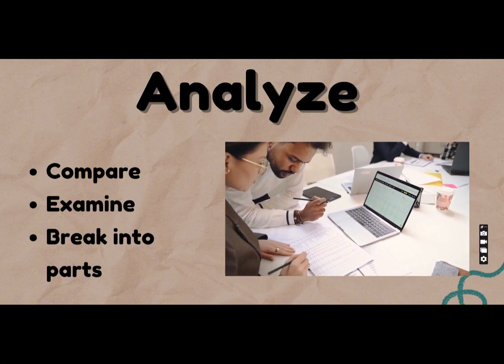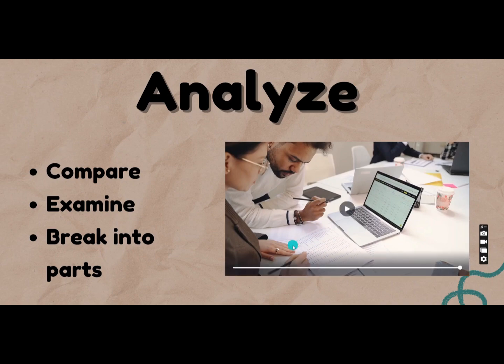So in analyzing, there exists comprehension and critical thinking. By that, students compare, examine, and break things into parts for them to little by little get the gist of the lesson and be able to evaluate,